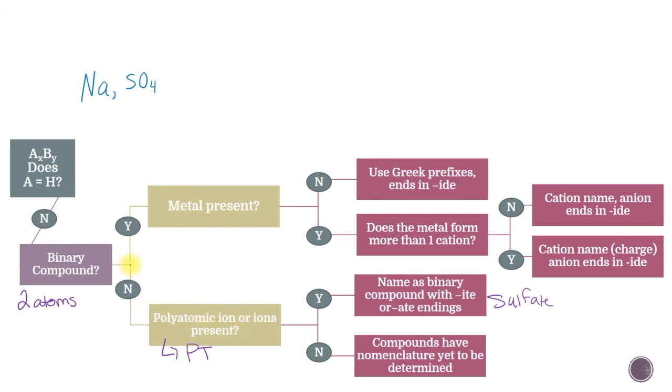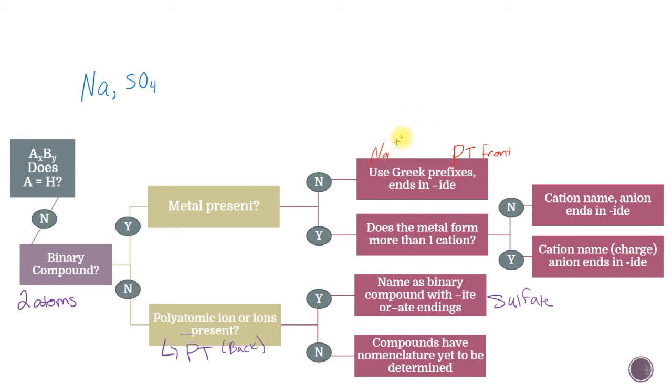If it were a binary compound, we would have asked, is there a metal present? The answer is yes. Sodium's a metal. Does the metal form more than one cation? So I got to look at the front of the periodic table to answer that question. All right, so here, this is the back. And up here, we're going to use the front. We're going to look at the sodium in this case, and it just says Na+. So no,